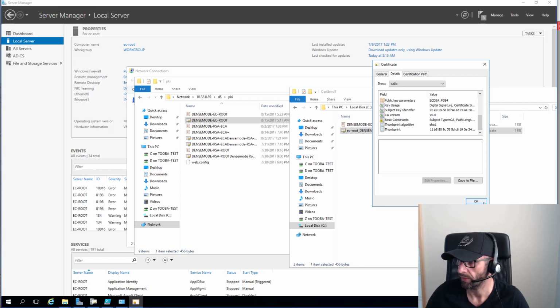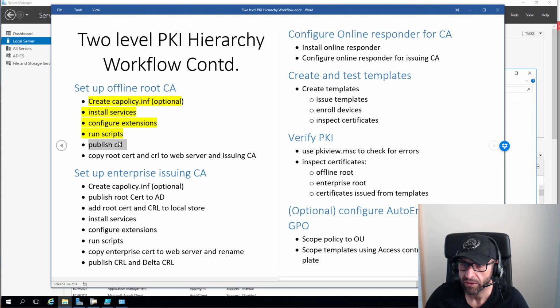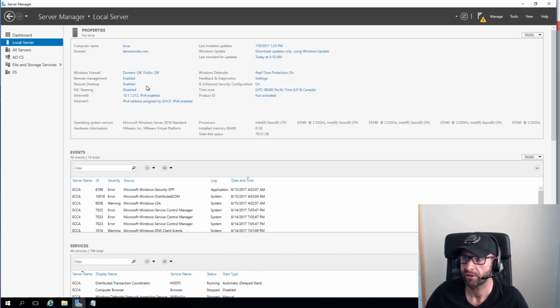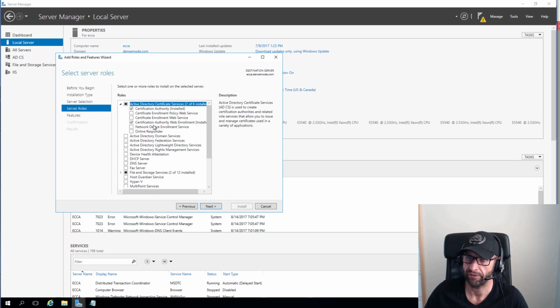That's fine, but we'll have to verify this later when we've issued the CA certificate. So let's flip over to the subordinate CA. Mark these as complete. Okay, so now we're on to setting up the enterprise issuing CA. It's this guy. I'll just step through it: it's the typical add roles and features, server selection, server roles, and then you'll see I've installed two things: the certification authority